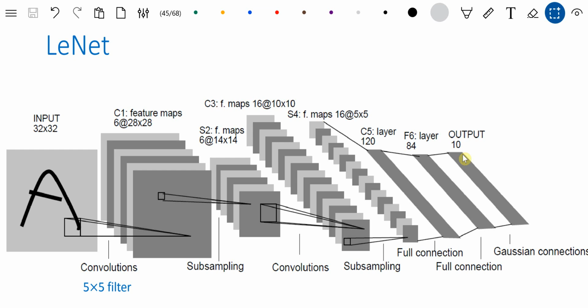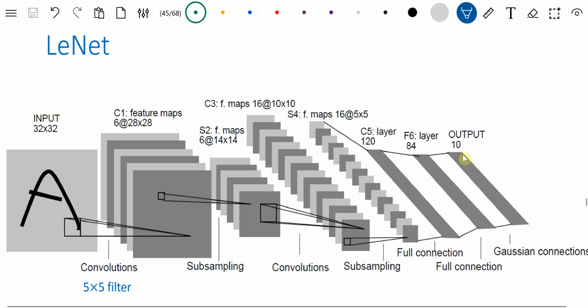The question here is asking about how many trainable weights and bias terms there are in a convolutional network, for example, like this. So let's start from the first convolutional layer. First, we know it's a 5 by 5 filter. Given an input image of 22 by 22, we are getting,